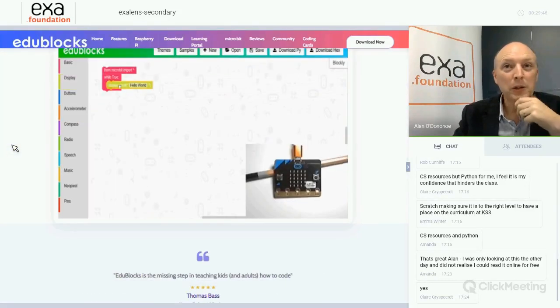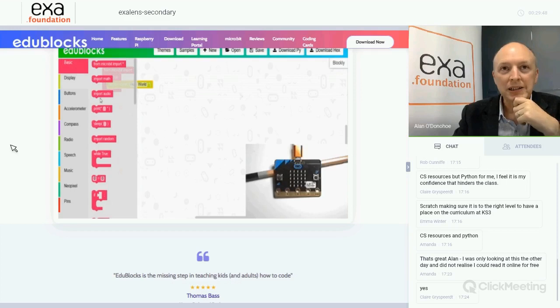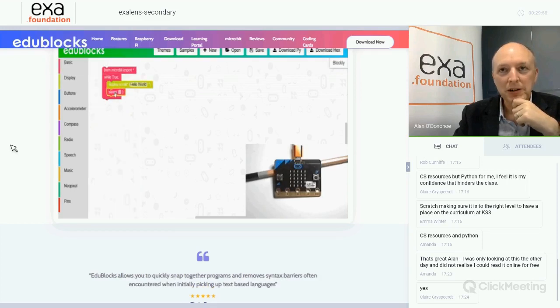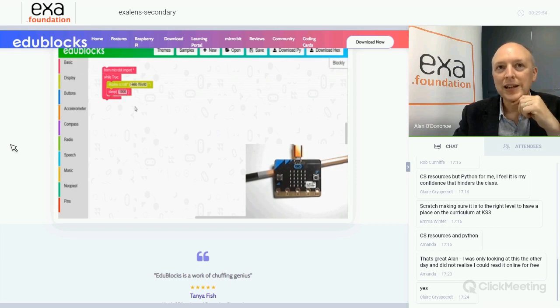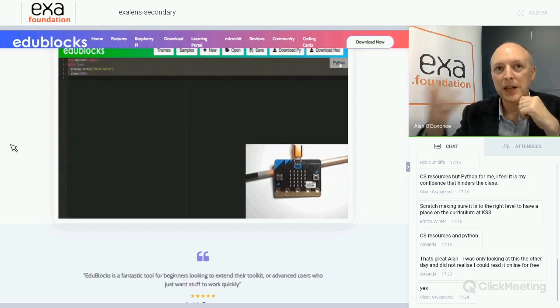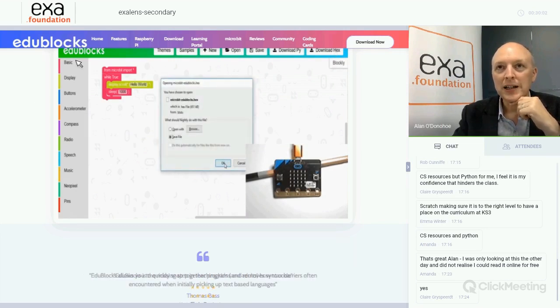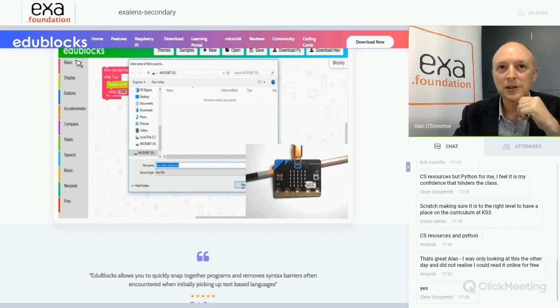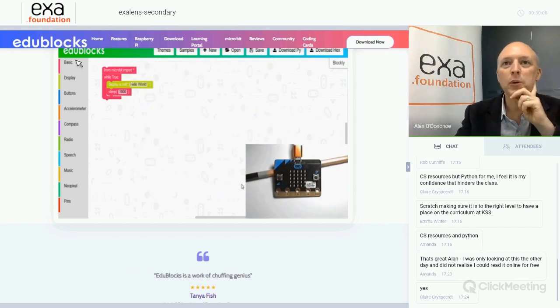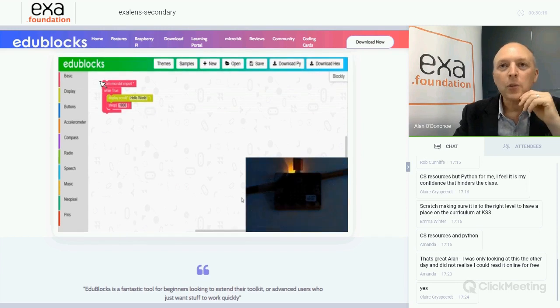Give it a go. It works really well with microbit as well. And of course, you probably know that there's another editor you can get for the microbit called Mu, which is like a slimmed down version. It uses MicroPython on the Raspberry Pi. So check out EduBlocks, completely free to use. And if Josh knows that more teachers are using it, he just feels even more happy. And he's always listening now for feedback if people want to tell him.